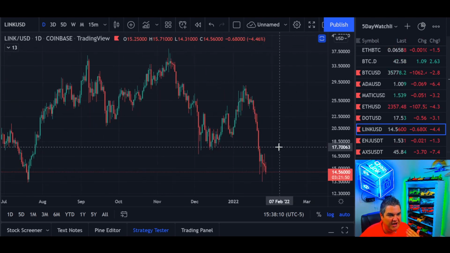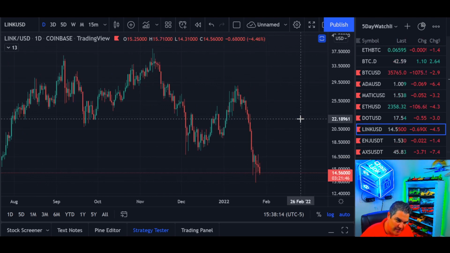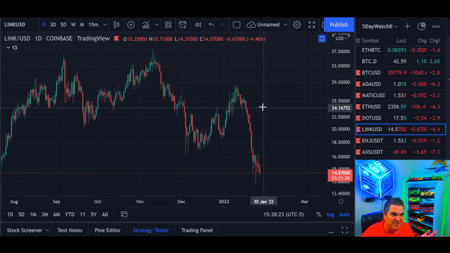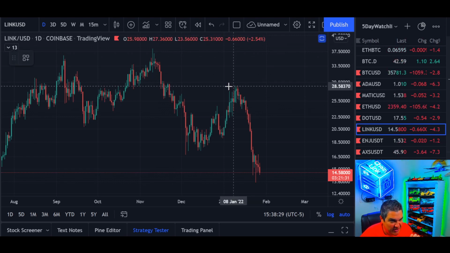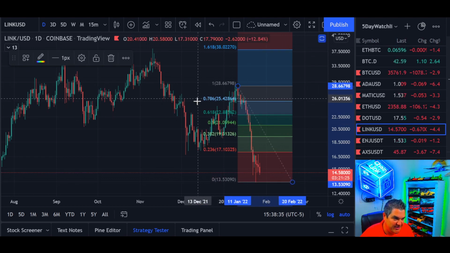If we are to have a bounce to the upside, where could we potentially look to maybe take some off the table, de-risk a portfolio, take some profits, or minimize our losses? Because if you've bought above this level, then obviously we're looking at minimizing losses and minimizing damage, wiping our tears and trying again. So let's take a fib retracement tool, extension,